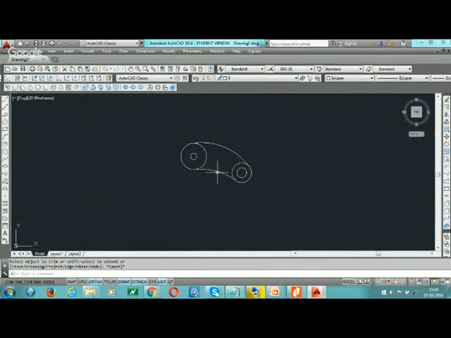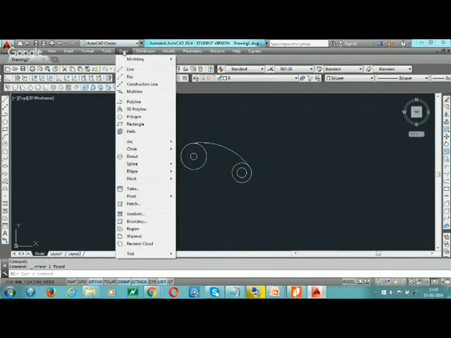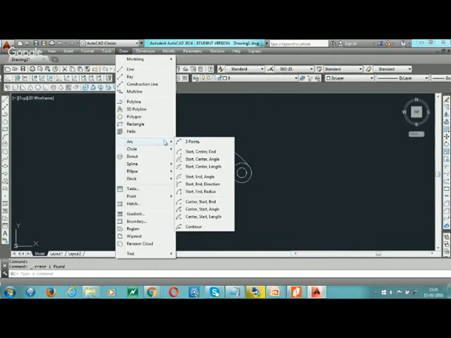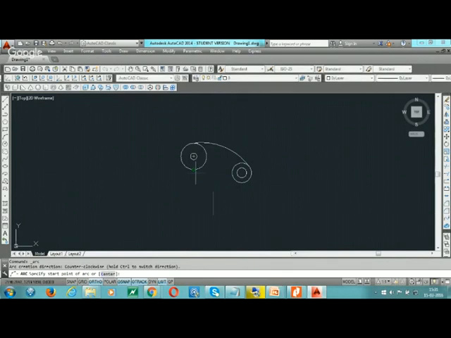In other way we make this with the help of array command and tangent. Draw command, go to the array, start and radius, first write TA and tan, and again write TA and tan. Now I select wrong side. If we select first, this is a start and this is a end. I select this, then again repeat,